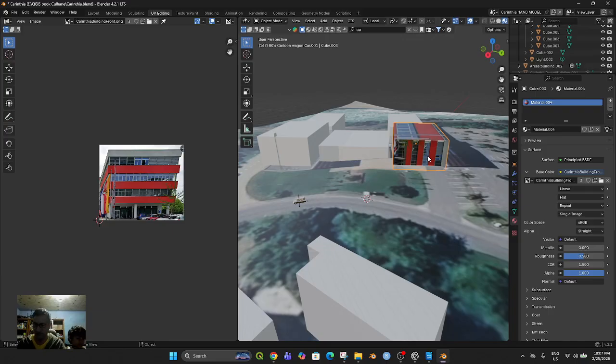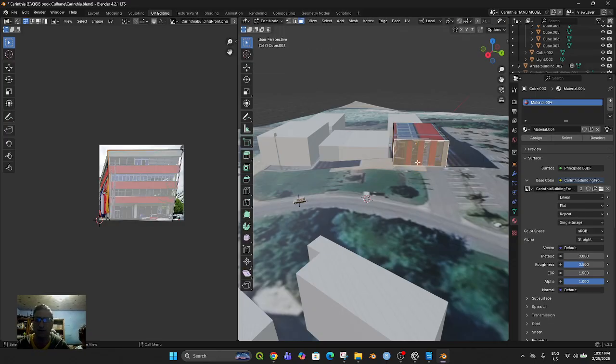Okay. So now we've got the problem with the unwrapping is that I didn't separate out materials. So again, I would come in here and I'd say, you know what? This surface here, using P, separate by selection, it becomes its own object, and I'll call it